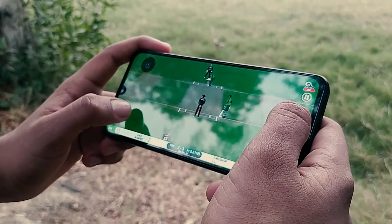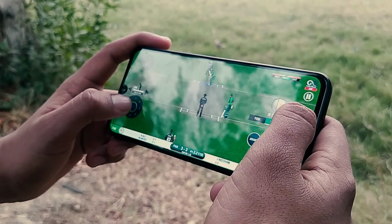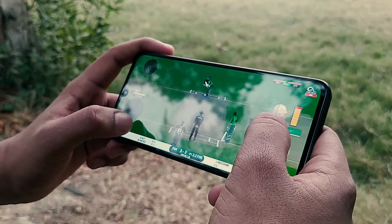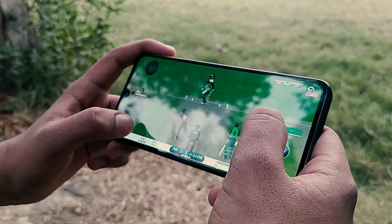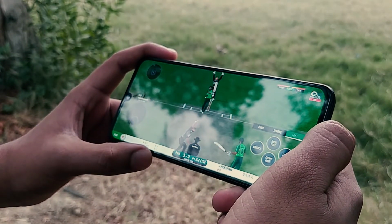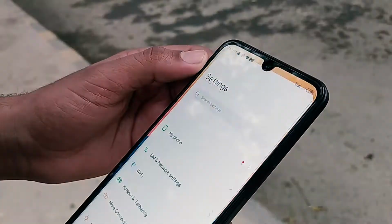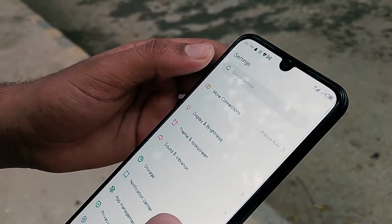Gaming is also not the strongest point of this phone, but for casual gaming, yes, you can buy this phone and hope to do some casual gaming and play PUBG Mobile at ultra frames per second, which is basically 40 frames per second. The UI seems to be also pretty good, and I did not find such a UI